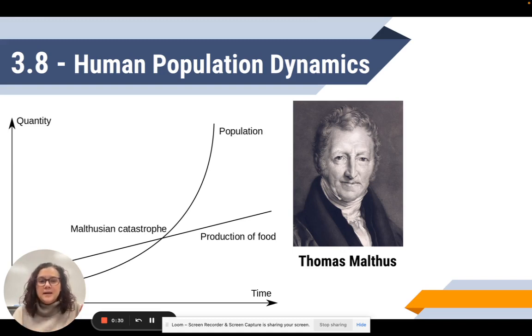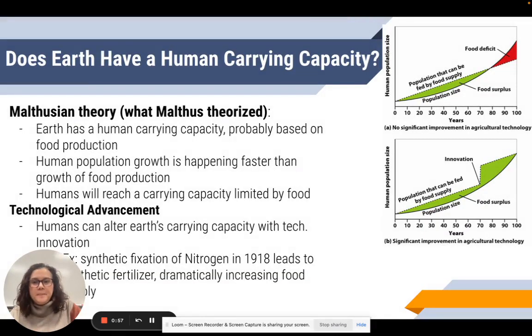Now, the guy behind me, his name is Thomas Malthus, and Thomas Malthus came out with an idea a while back that he said, hey, the production of food right now is linear, right? It's increasing at a linear rate, but the human population is increasing exponentially, which means that at some point those lines are going to cross. We are going to have a massive catastrophe where we're not going to be able to feed our population. And he had hypothesized that maybe that was going to be humans' carrying capacity, the amount of food that we could create for our people.